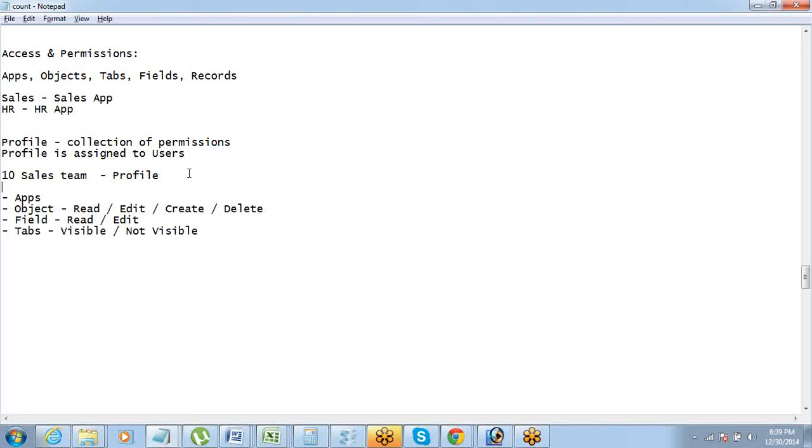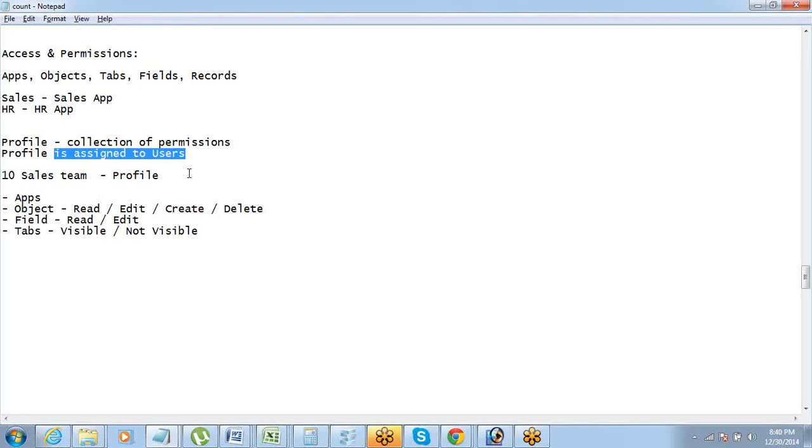A profile of a user consists of the permissions, correct? And one profile can be assigned to multiple users, correct? So there is a one-to-many relationship between profile and the users. One profile can be assigned to multiple users. Got that thing clear? So again, profile is simply a collection of permissions, okay. So it's a set of permissions put together. So it's a bundle of permissions, and that bundle of permissions is assigned to the users. So one user can only have one profile. Got that thing? One user can only have one profile.